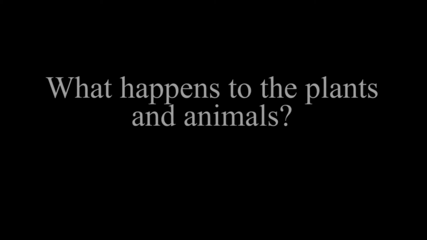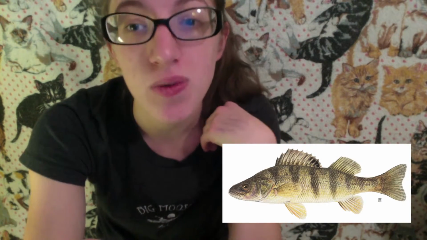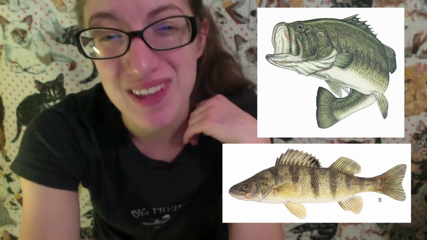What happens to the plants and animals? As the pH drops and the acidity increases, the aluminum levels also increase. Both the high acidity and the aluminum are toxic to plants and animals at different levels. Some types of fish can withstand higher acidity than others. Fish like perch can withstand a 4.5 pH, while bass can only withstand a 5.5. The fish's food is also affected, so even if the fish can withstand the pH, it may not be able to get everything it needs in order to survive.